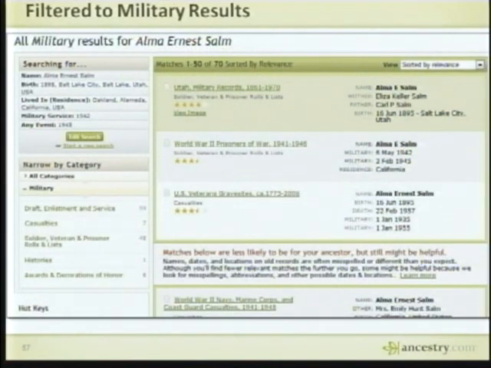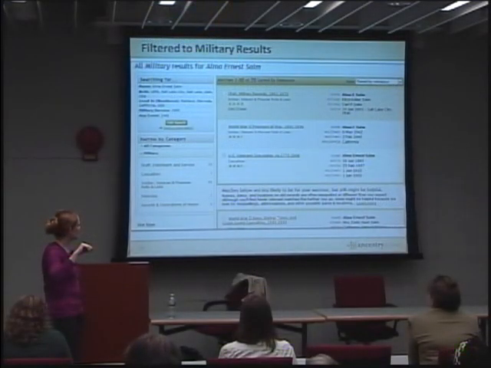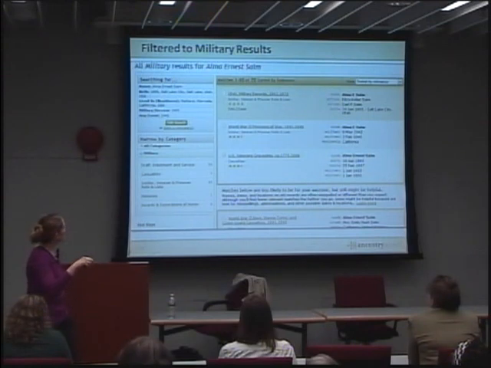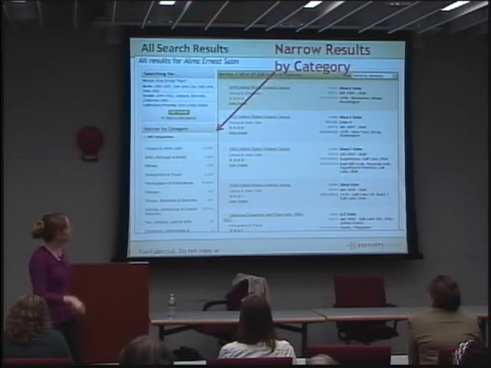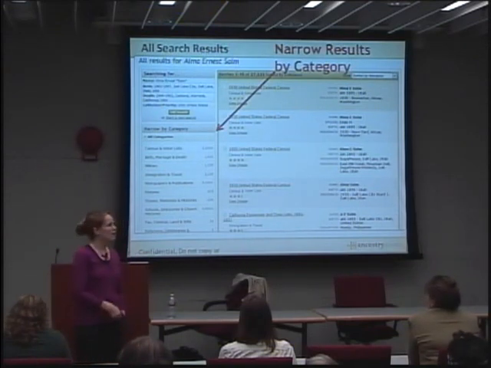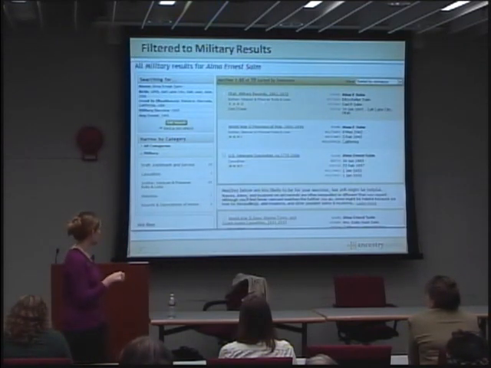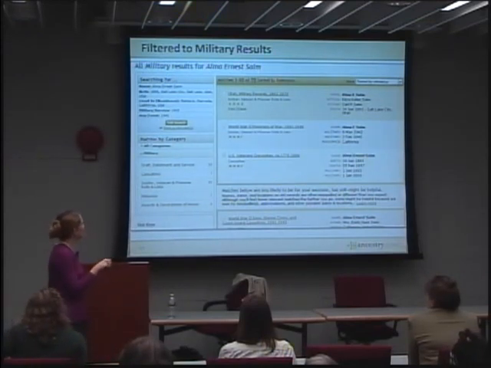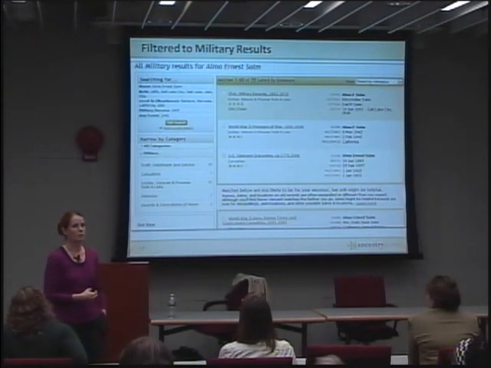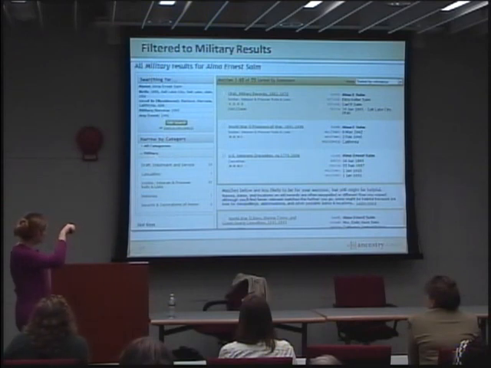Among these records I have a Utah military, I have World War II prisoners of war, I have US veterans grave sites. Down here, I have a World War II Navy, Marine Corps, and Coast Guard casualty from the World War I time period. None of these were up at the top before. In fact, they weren't even on the first or second page before. But now that I filter them down to military, they're at the top of the list. And boom, boom, boom, those records are all about him. Now let's say, you know what, I do know that he was a prisoner of war in World War II. I think I'd like to learn a little bit more about that. Well, over here, you can see that we're at military.